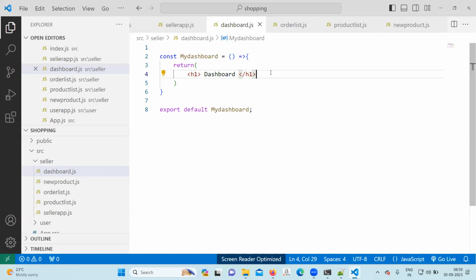Now this all file belong to which module? Seller module. So we have a file called seller app. In the seller app, we need to import these four components. Okay, go to the seller app.